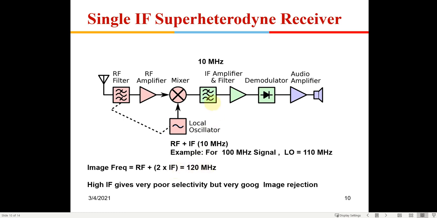But this has a different problem, because it is 10 megahertz. This will not be able to isolate the adjacent frequencies of 25 kilohertz. There will be 2 or 3 channels adjacent to our required channel, like 100.025. That 100.025 also will get through, because now we are using a filter at 10 megahertz, which will not have a bandwidth of less than 25 kilohertz. So those adjacent channels also will pass through here. So what do we do?